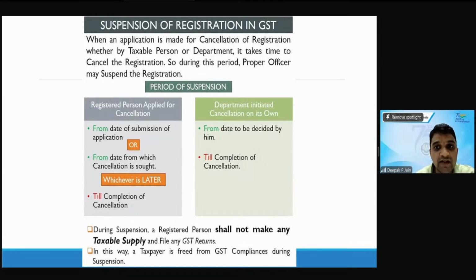कैंसलेशन इज सॉर्ट मीन्स, जब आप कैंसलेशन के लिए अप्लाई करते हो उसे कहते हैं कैंसलेशन इज सॉर्ट। फ्रॉम द डेट फ्रॉम व्हिच योर कैंसलेशन इज सॉर्ट, फ्रॉम द डेट जब से आप कैंसलेशन मांग रहे हो उसे कहते हैं कैंसलेशन इज सॉर्ट। ठीक है, हम जब अप्लाई करते हैं तब आज के डेट या फ्यूचर डेट से कर सकते हैं, लेकिन जब ऑफिसर कैंसिल करता है वो पुराने डेट से भी कैंसिल कर सकता है। दैट इज कॉल्ड ही कैन कैंसिल फ्रॉम अ रेट्रोस्पेक्टिव डेट ऑल्सो।